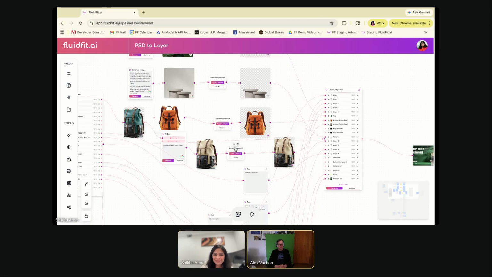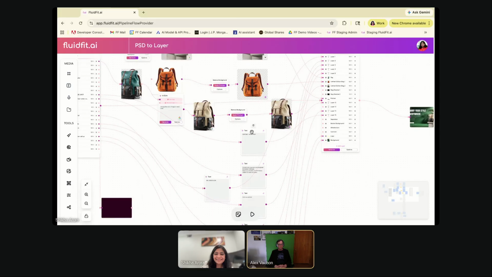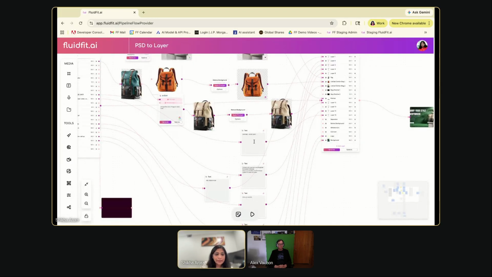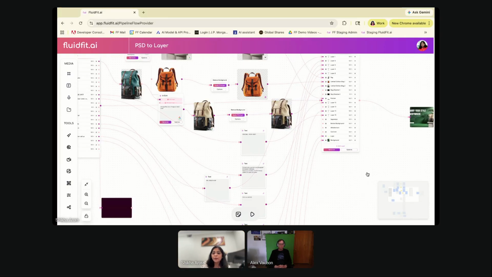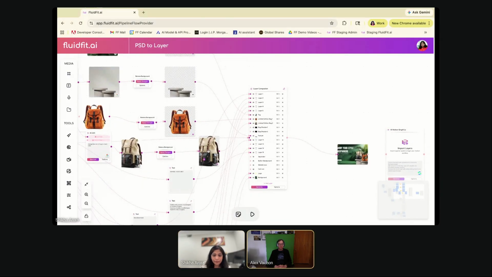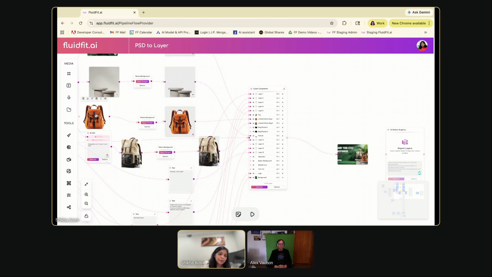Same with the dresses, the clothing. It looks exactly like you went to a photo shoot. Yeah, exactly. Quite remarkable. And then I'm bringing in the text here. So it's white text. So I will bring in the text here. If I need to change the text, you could add more text. I'm feeding that into a layer, and then this cream color bag, and then I'm bringing in a new orange bag as well into the system